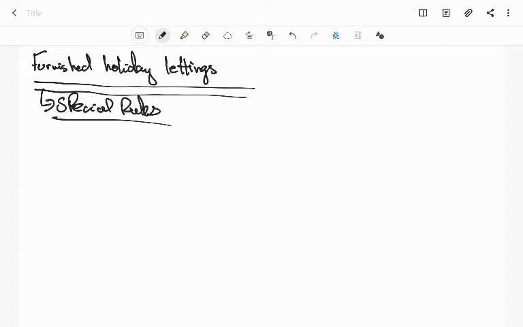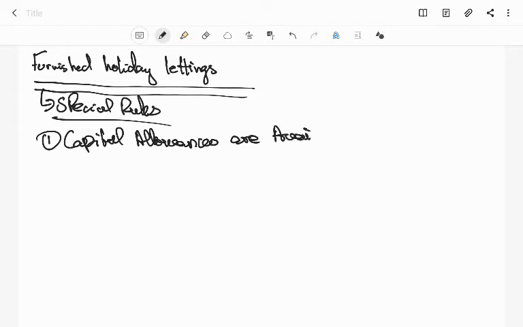This means that although the income is taxed as income from a UK property business, some of the provisions which apply to the actual trades also apply to furnished holiday lettings. Number one, capital allowances are available for